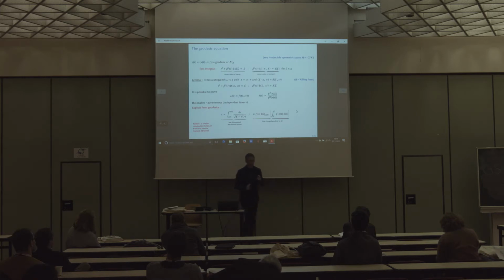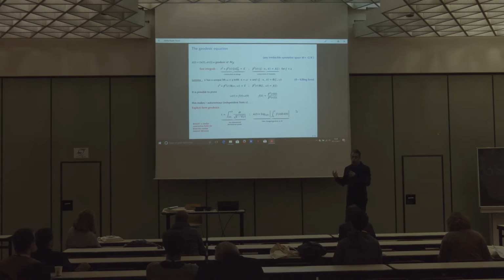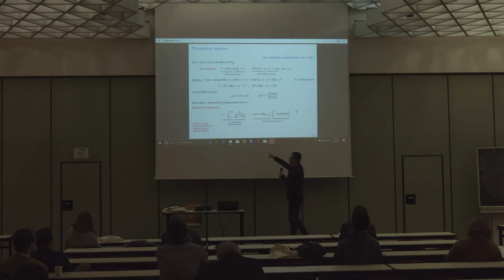So very quickly, there's also a full analytic solution of the geodesic equation. To find this full analytic solution, you look at conservation laws of energy and momenta. Then you have a lemma here, which allows you to lift the whole problem to the Lie algebra of the group of isometries. As a result, the geodesic is separated into R, which follows a one-dimensional mechanical system, and X, which is a time-changed geodesic in the manifold M. So we know how to construct geodesics without any numerical computation in the warped product space.